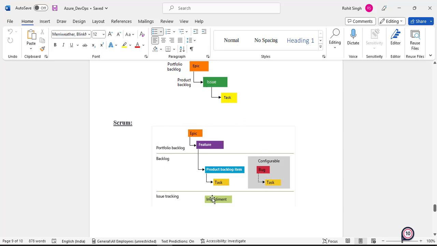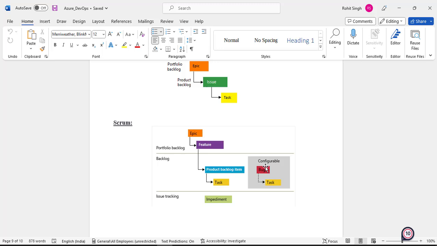So what exactly are these epics, features and all, and why are you creating them? This is all your work items, and this is for your tracking purpose, to see where exactly you are standing right now. At the end of the day you will be going and looking onto these boards